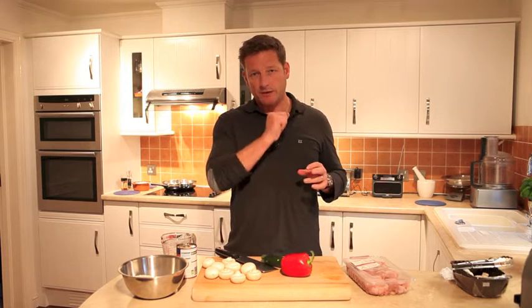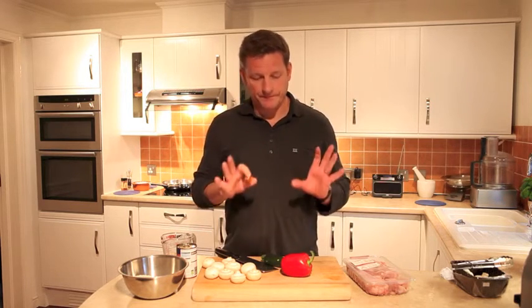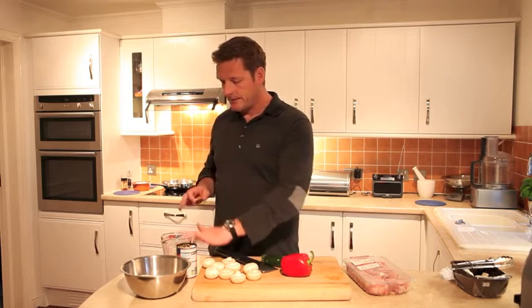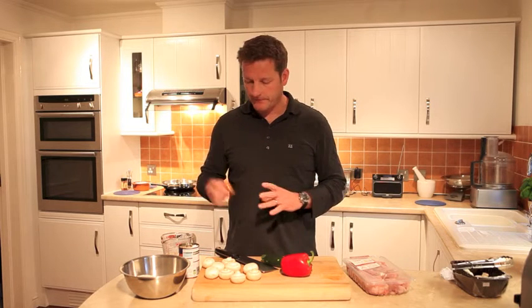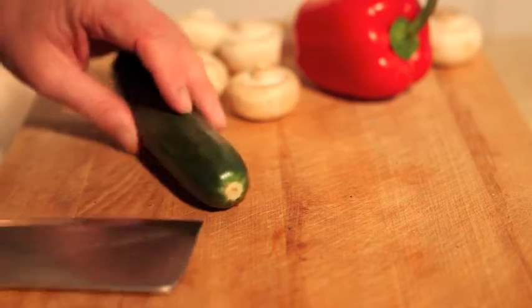Stock, chicken stock, okay, I'm using a stock cube. You can use a cube, you can use homemade stock, you can use fresh stock. It's entirely up to you, whatever you want to do, okay? But all of these things, look, 1, 2, 3, 4, 5, 6, 7 ingredients, very simple, very inexpensive. Let's get cooking. So, we start by simply